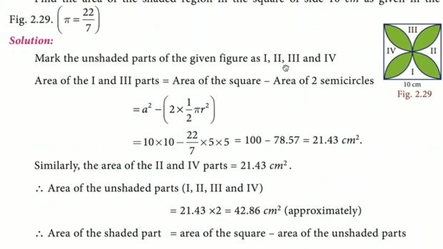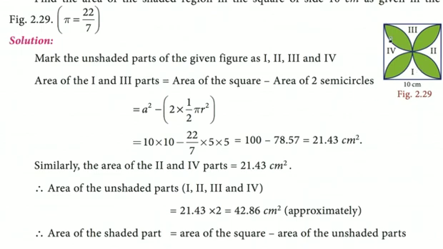Okay. Square side is 10. Okay, that is the idea. In the area of the square, if you remove these two semicircles, you'll get the area of 1 and 3. What is the area of 1 and 3? A square minus semicircle area. Two semicircles is circular area pi r square, where r is half of the side, 5. Okay, so you got this.